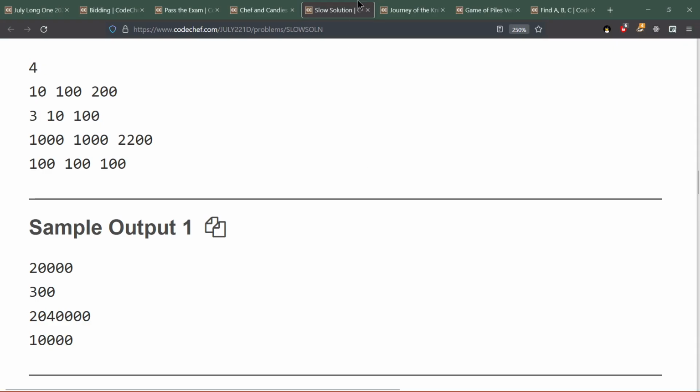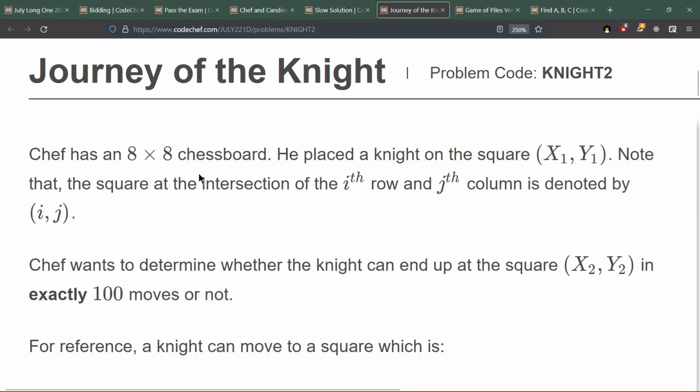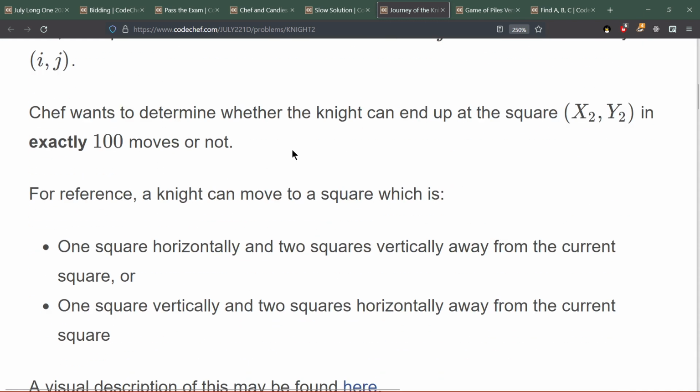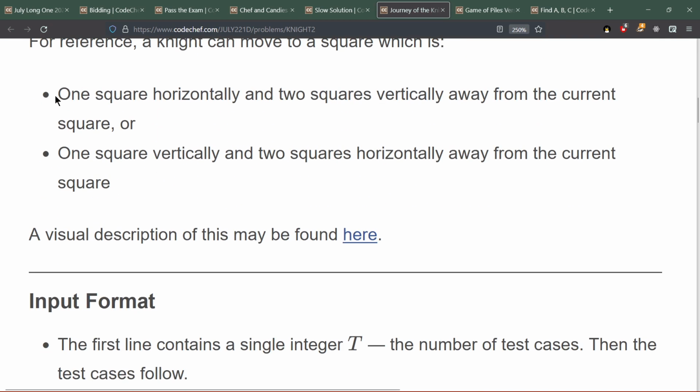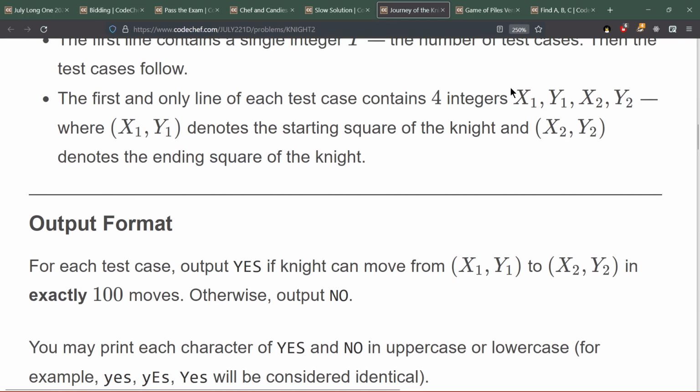Let's move to the next one, which is Journey of the Knight, and the statement is saying that Chef has an 8x8 chessboard. He placed the knight on the square x1 y1. Note that the square at the intersection of the ith row and jth column is noted by ij, and Chef wants to determine whether the knight can end up at the square x2 y2 in exactly 100 moves or not. And this is the 2 points saying how the knight moves,